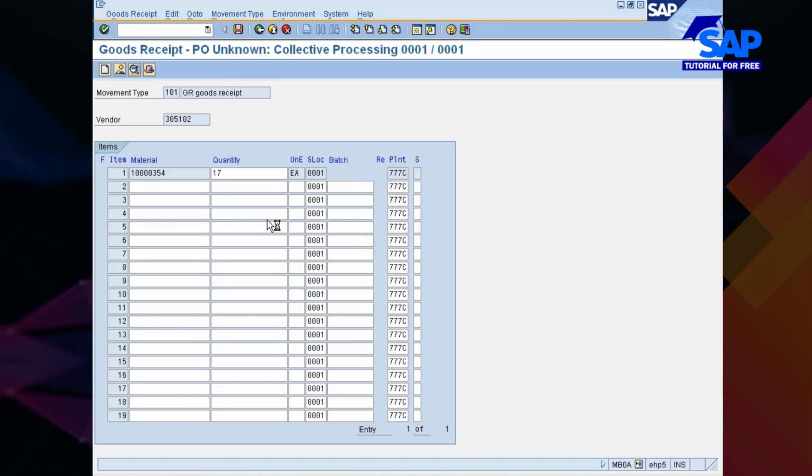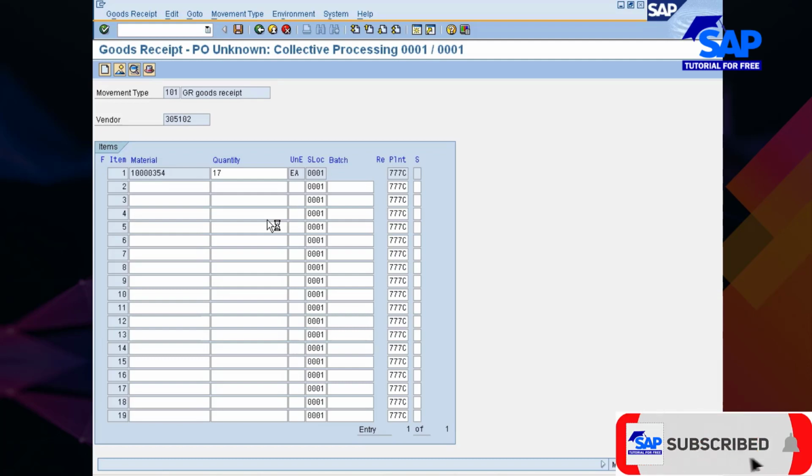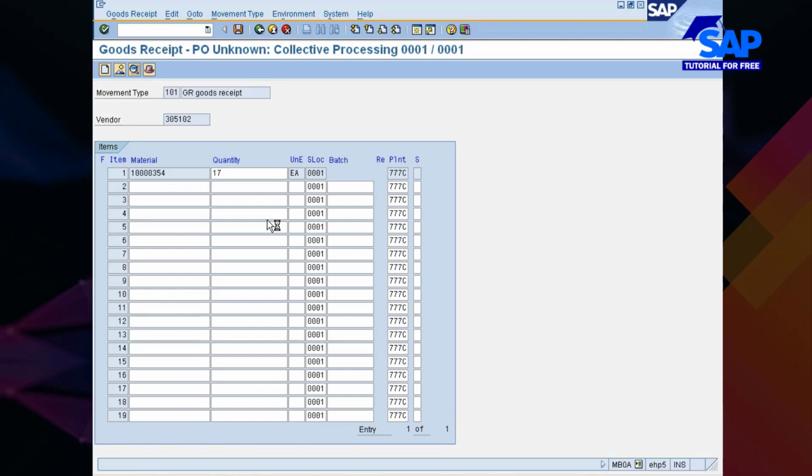This kind of process you will go when your buyer is not available to create a PO, but the vendor is ready to supply the material immediately, and you require a PO because your company processes invoices only with reference to a PO. So you require a compulsory purchase order, but the buyer is not available to process the PO. In such cases, you do goods receipt first, and then as a result of goods receipt, the PO will be created. Okay, and you can use that PO for invoice processing.